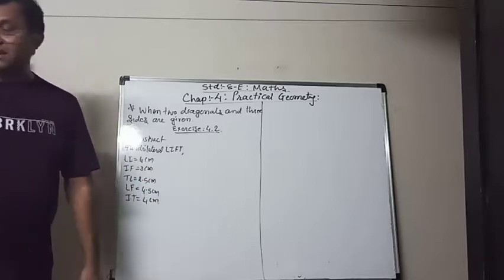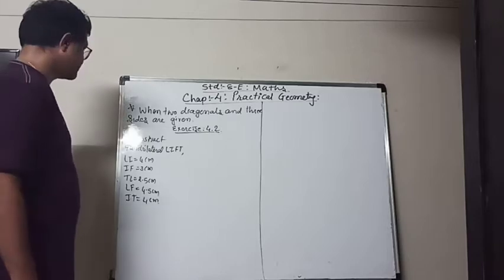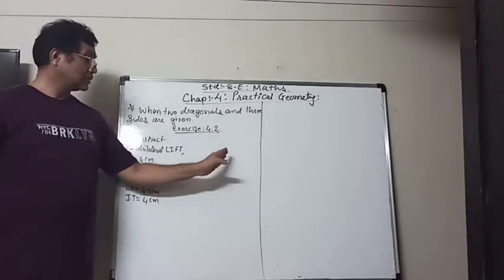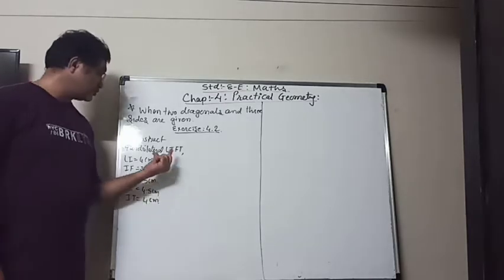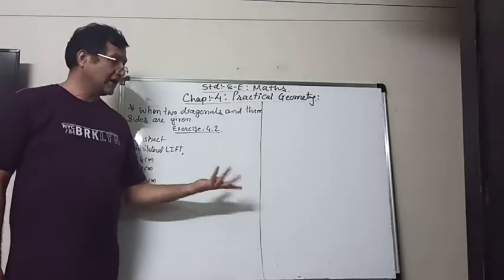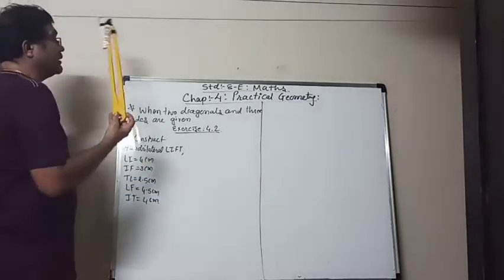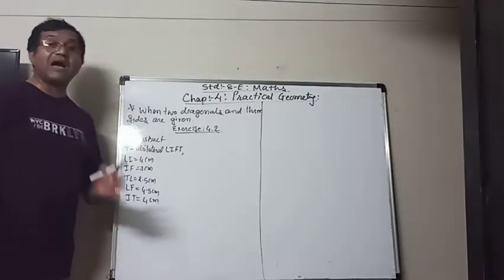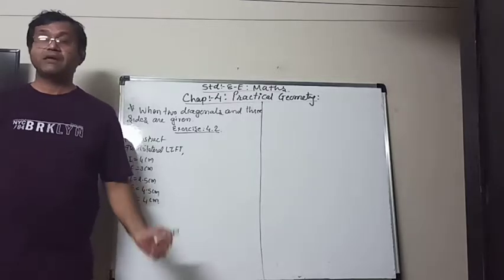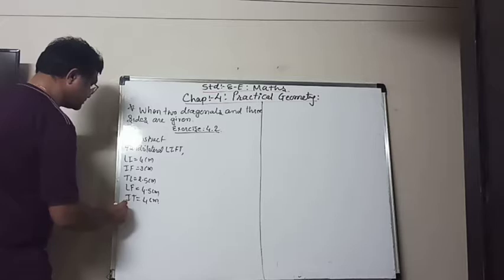And as I already told you yesterday, when I draw the construction, I can't use the same measurement because it will be very small and my rounder will not be able to do that. So I will take all the measurements 4 times bigger. First of all, we have to draw the rough diagram as I told you.